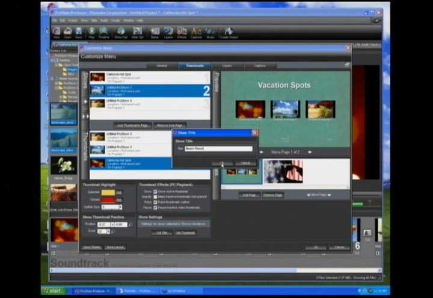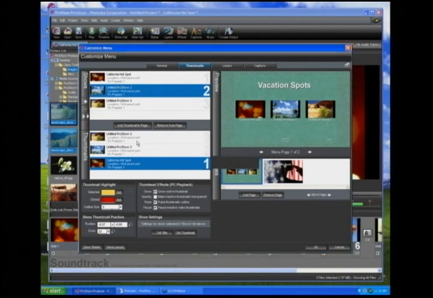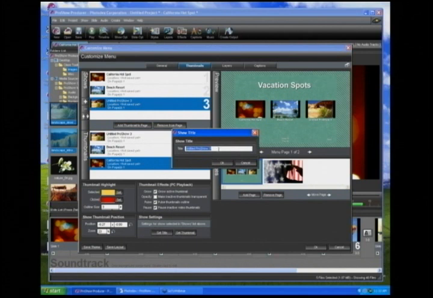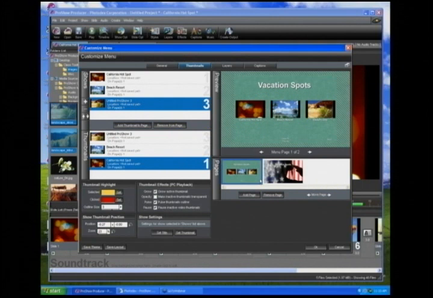I've just changed the title for show 2 to Beach Resort. And you'll see that that updates automatically. And I'm going to set the title for show 3. And I've changed the third one to Desert Land. Okay, so now that we're done,